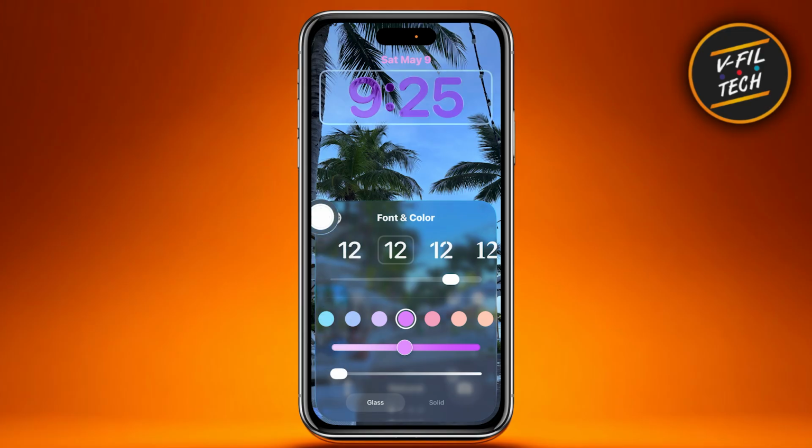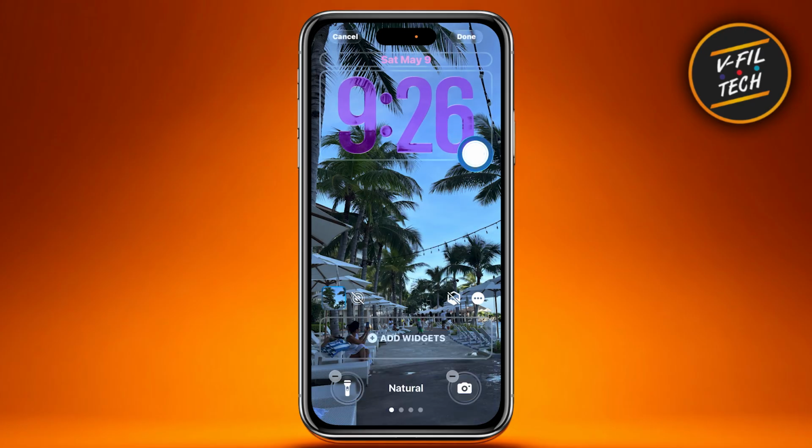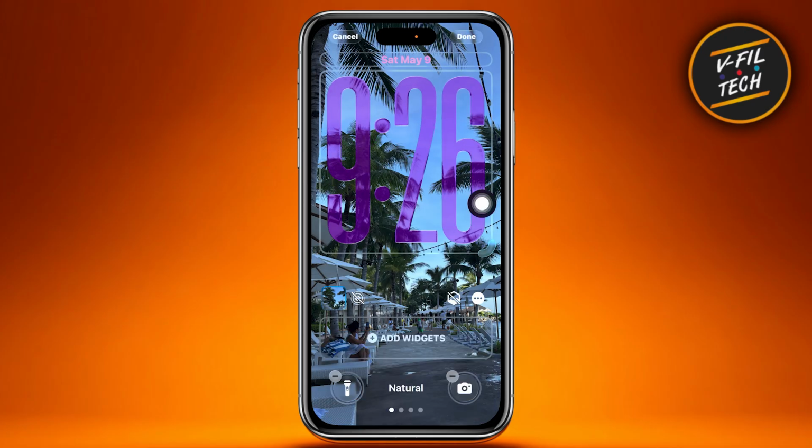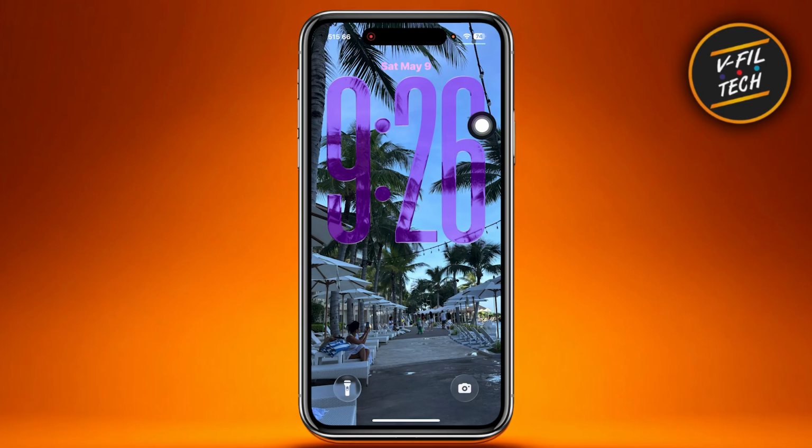Now if you want to make changes or if you want to make it like big just like so, go ahead and click the first option. And yeah, from here you can go ahead and make some adjustment by pulling this one right here just like so. And once you're done, you can go ahead and click the done button right there, and you should be able to have that as your lock screen from this point